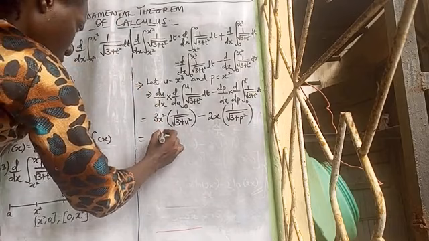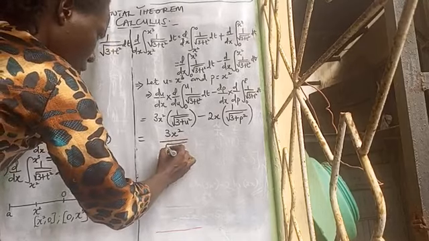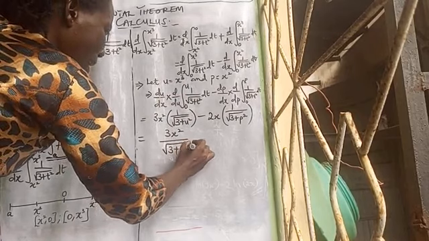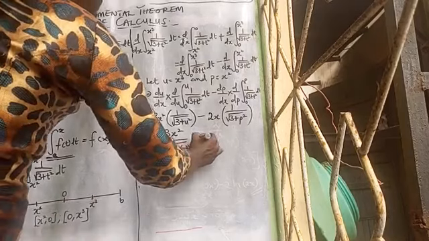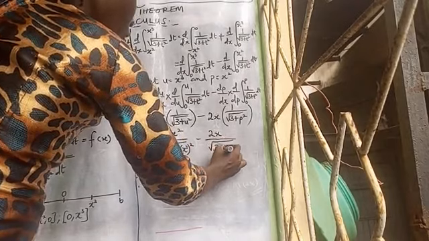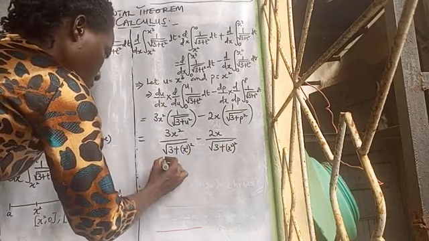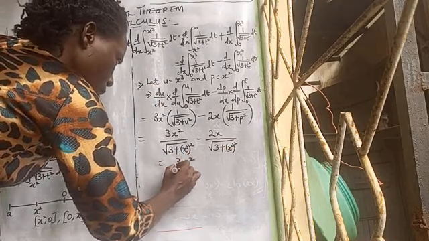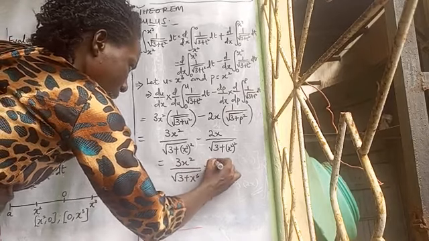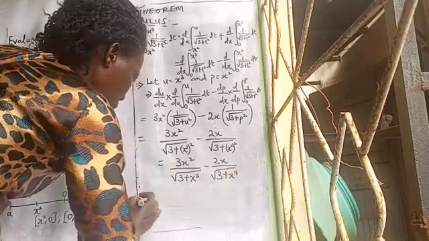And so that becomes what? 3s squared over the square root of 3 plus s cubed raised to power 2, minus 2x over the square root of 3 plus s squared raised to power 2. And that gives us 3s squared over the square root of 3 plus x raised to power 6, minus 2x over the square root of 3 plus x raised to power 4. Therefore,